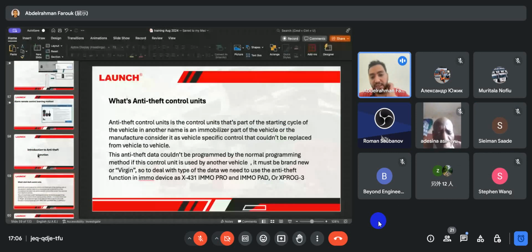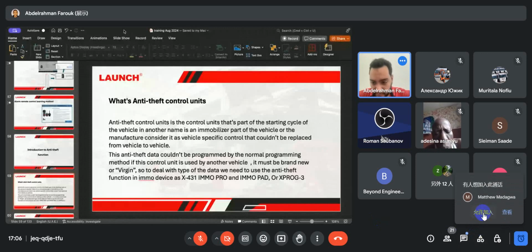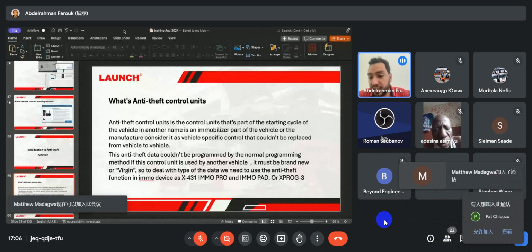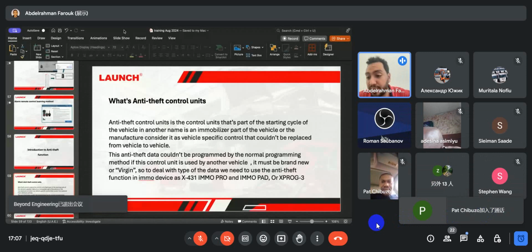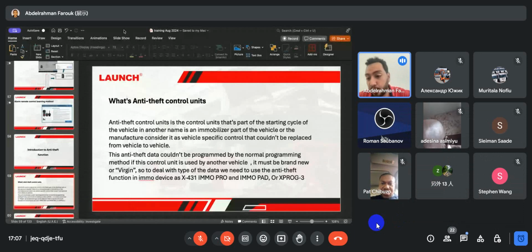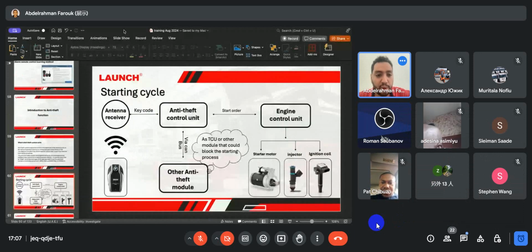So, as we discussed, dealing with anti-theft control units needs a special procedure. It's not like online programming, because, as you know, we support online programming for many brands, but in some cases, online programming will not solve replacement of the anti-theft control module. We need to deal with it with the IMMO software, the IMMO procedures, or the cloning tools. We discussed this before. If you want to replace or add a key or replace any control module, we need to go through